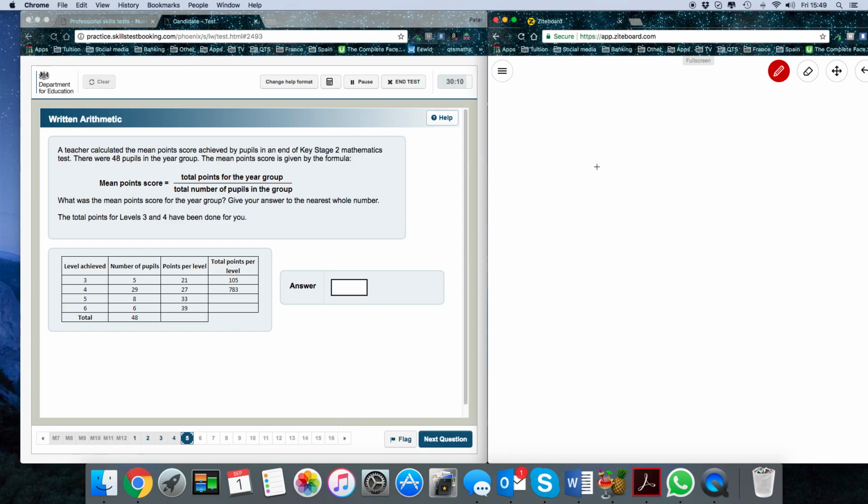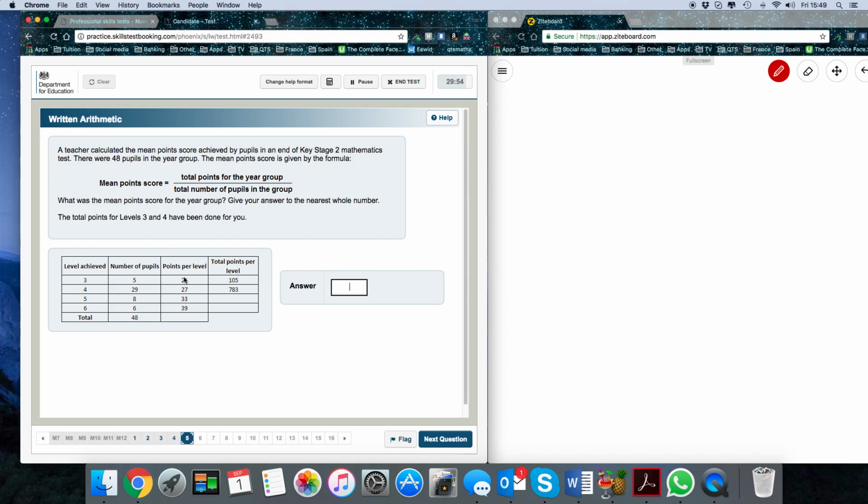Okay, right, so they give you the formula. The bit that's missing in this question are these 2 blanks in the table here. Really probably the easiest way to see what's going on with these is if you look at this number here, this 5 pupils here, and they got 21 points per level, so 5 lots of 21 is 105. So you can see there's been a multiplication going on there. So I'm going to do the same for the blanks. We're going to have 8